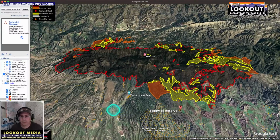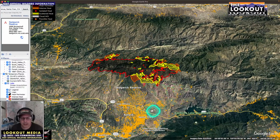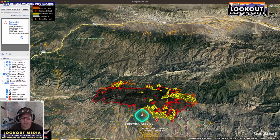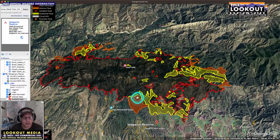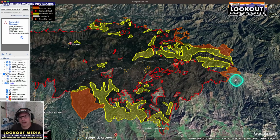Alright, so Lake Fire, it's largely contained on a couple flanks. This is Santa Ynez Valley, Cachuma Lake area. 101 comes through here. Here's Sedgwick Reserve. So these areas that have a red outline but no infrared heat, they're pretty much out. We're not seeing heat out there. And then these areas are the big orange, kind of pushing in on Sedgwick,